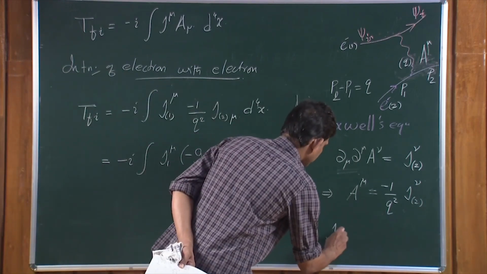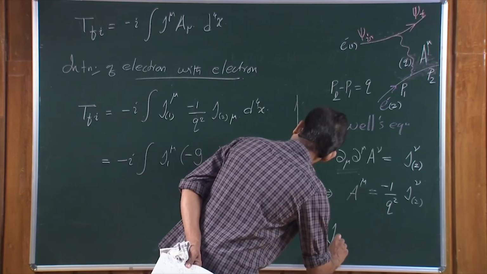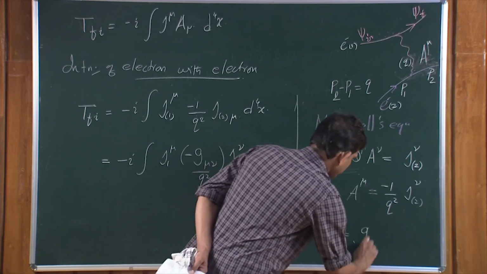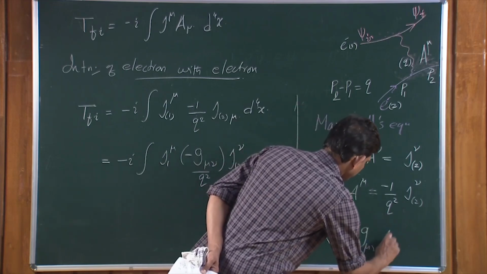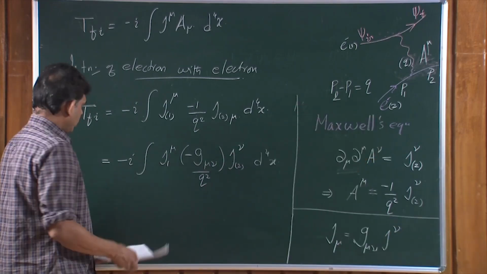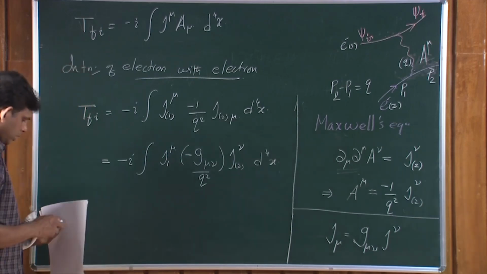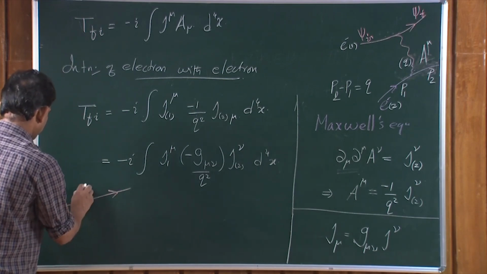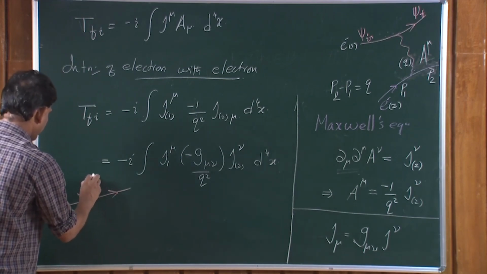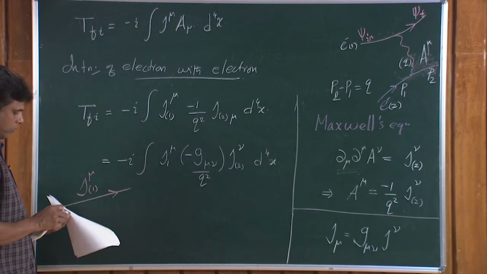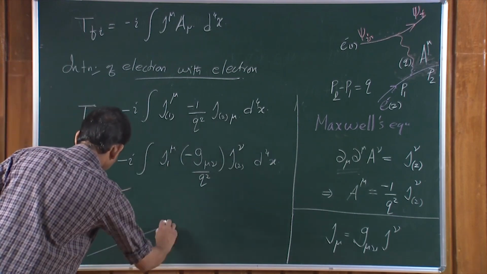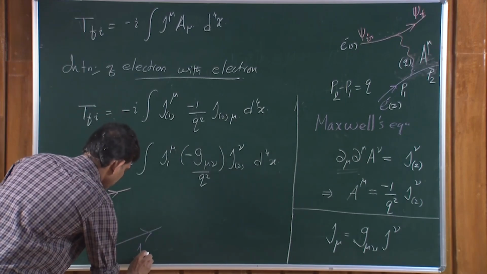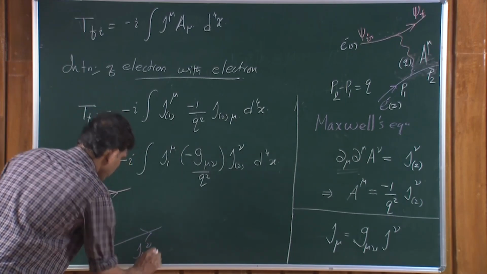Now, let us pictorially represent this. We have one electron represented by current j 1 mu and we have another electron represented by the current j 2 nu